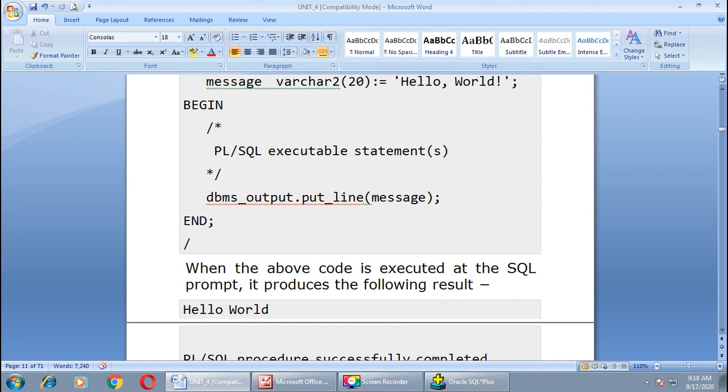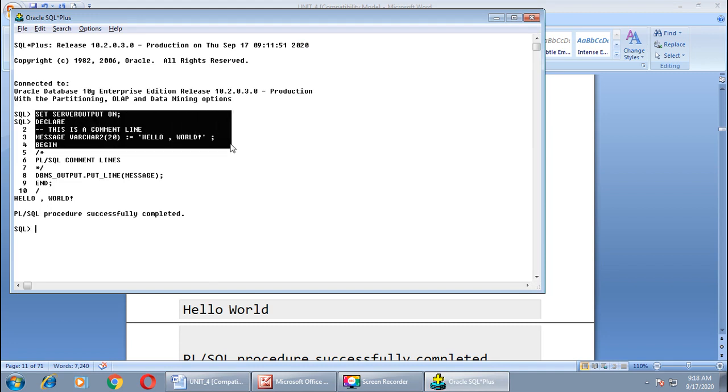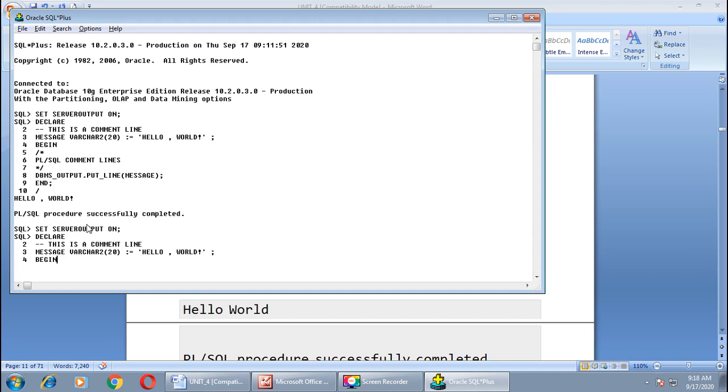Now let me show you one more example of the same type. Here I will copy this portion over here. Then our multi-line comment begins.